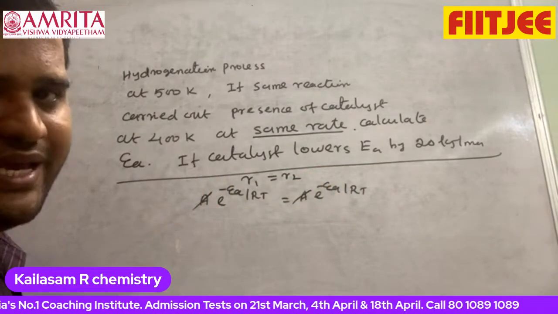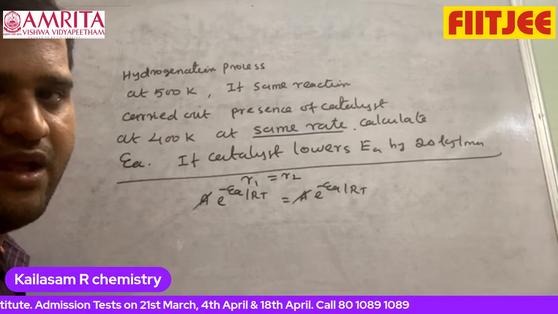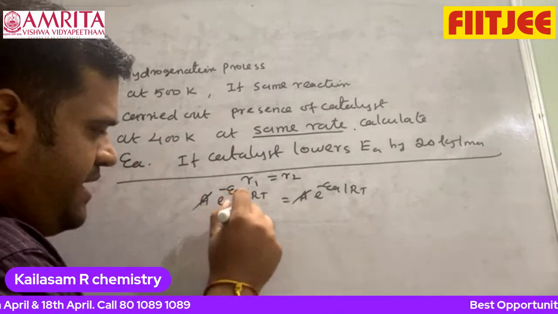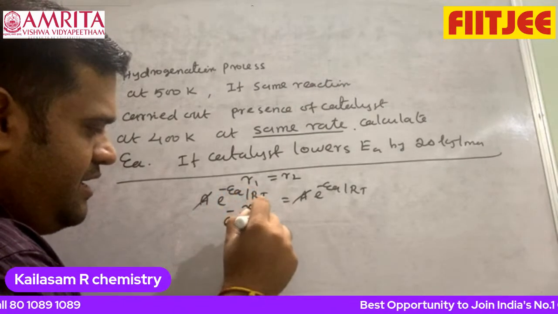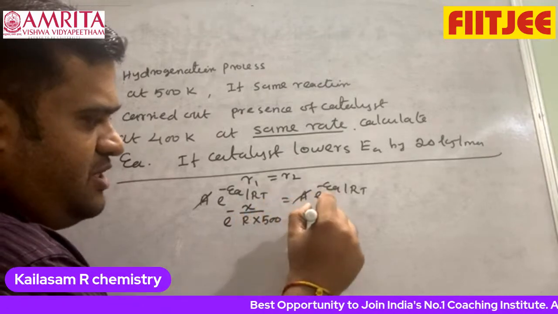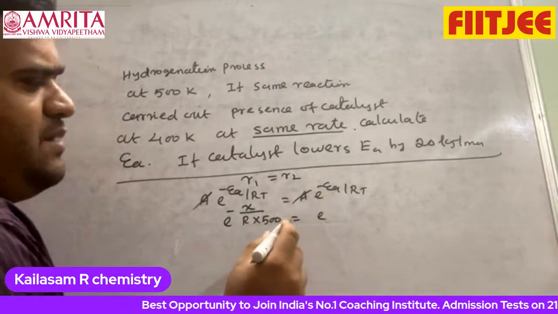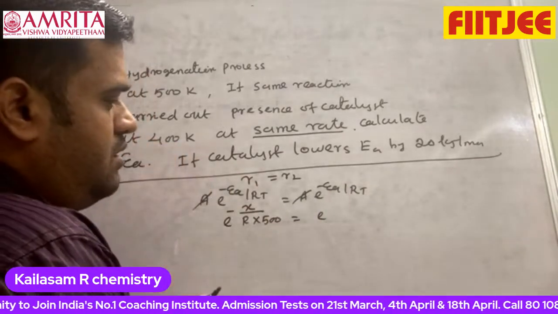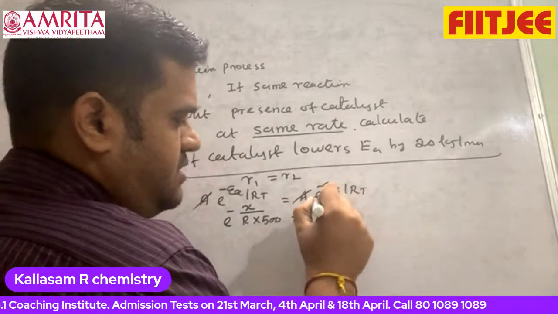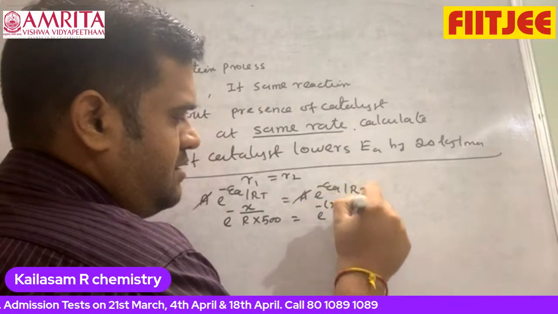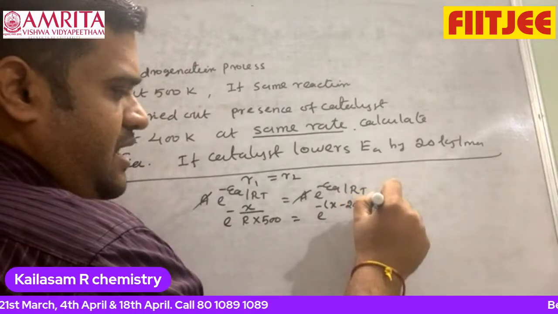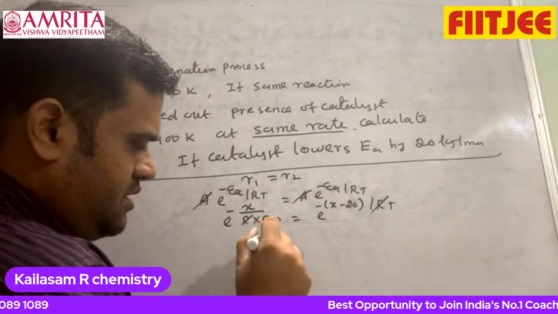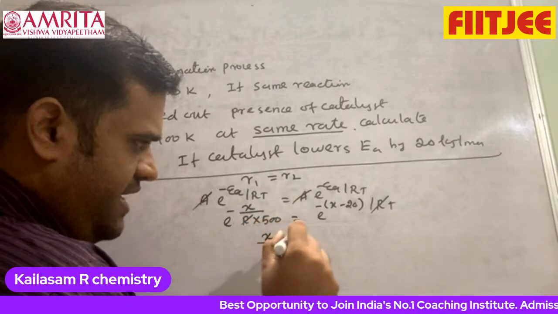Now I am going to keep the energy of activation for the uncatalyzed reaction as X. So X e power minus X by R into 500. Here it will be e power minus X minus 20 by RT. R cancels off. Therefore, I am going to get X by 500